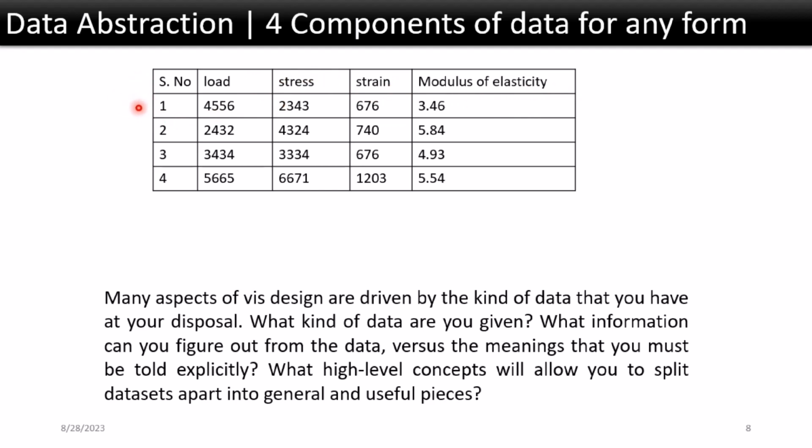The first row, second row, third row, all those rows specify a particular feature or particular measurement, right? Those things we call items. And the link between stress and strain is modulus of velocity. It is a component of data. And then the position of each and every piece of information, each and every cell, we will call it grid. That is another component of data. So the four components of data are attributes,